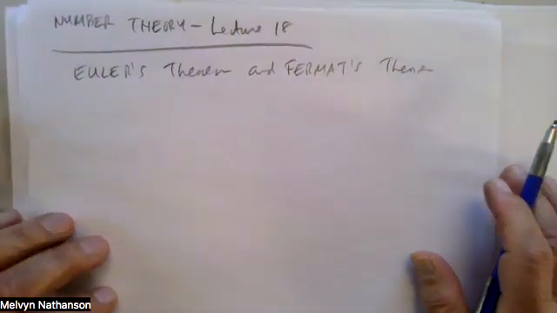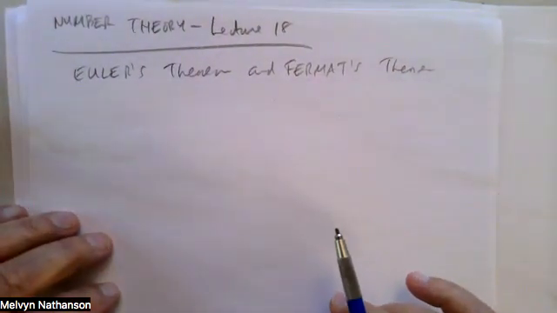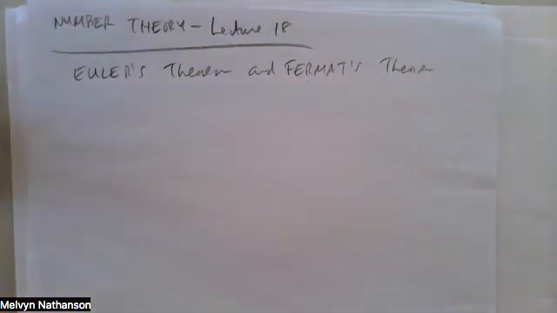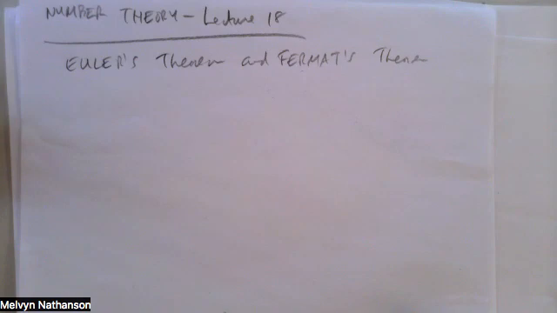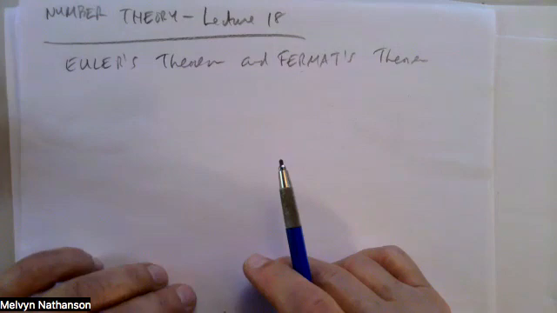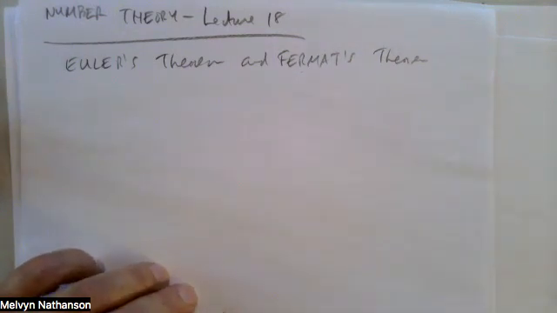Fermat was French, so you don't pronounce the T, and Euler was Swiss, and I don't know how it would be pronounced in Swiss, French, or German, but it's always pronounced Euler. And so this is one of the great theorems in number theory and in a lot of applied mathematics. And it says the following: